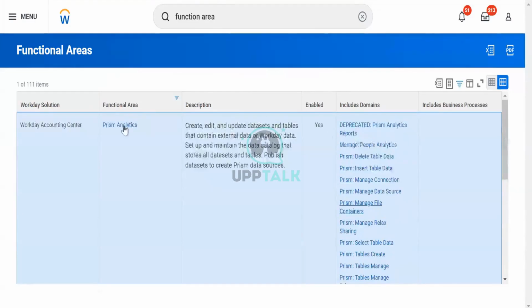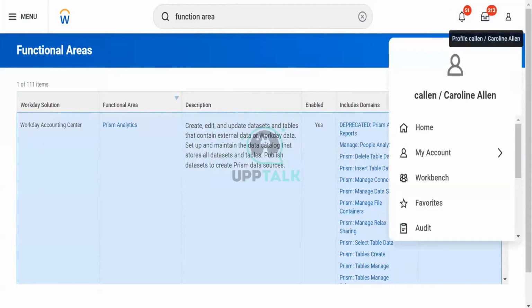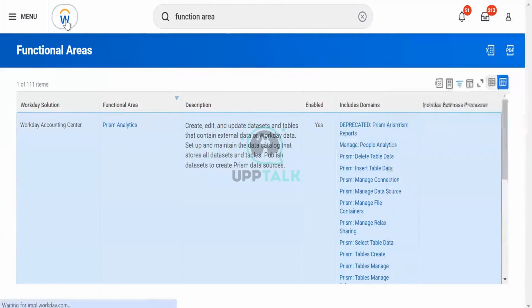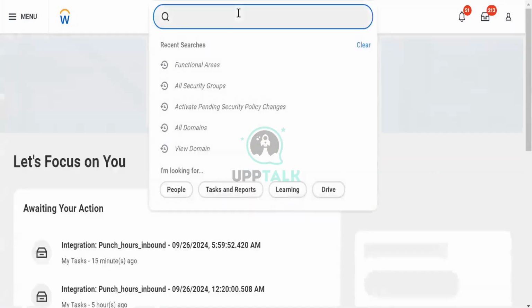First of all, we need to see whether Prism Analytics has been enabled or not. If it's not, yes, we need to. What we will do is we will go to the task, Maintain Functional Areas, and here there will be